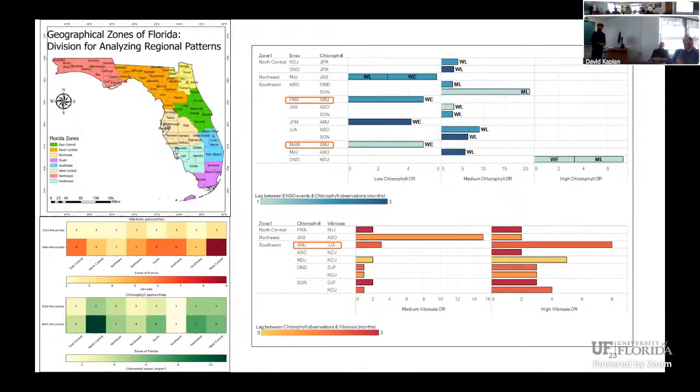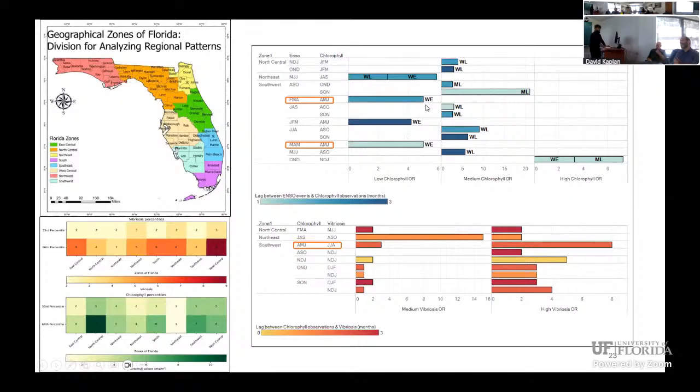So let's take, for example, if we have a look at southwest. Now, the southwest region is over this area. Let's say ENSO of WE. WE here stands for weak El Nino. That means temperature was a little higher than the normal temperatures. In the months of February, March, April, the chlorophyll value of April, May, June was most found in the low